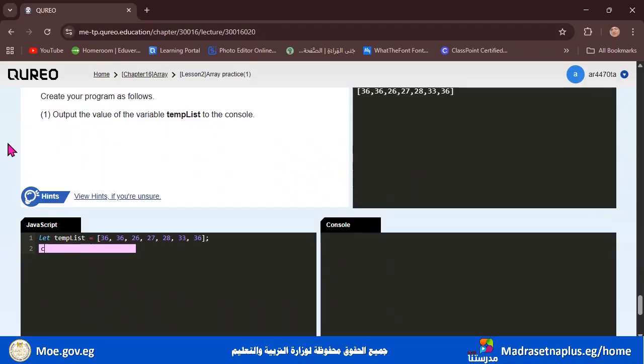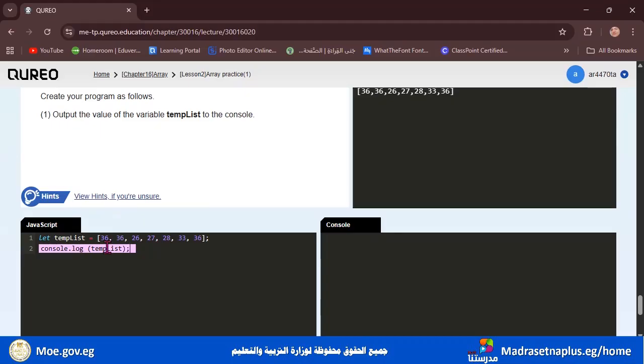Look here, console.log, open the parentheses, write templist, and remember that the L is capital. Okay, and close the parentheses. End it with a semicolon.